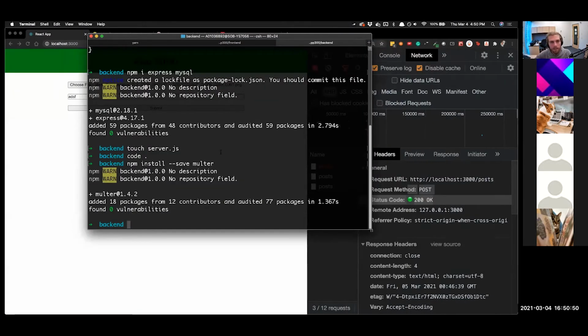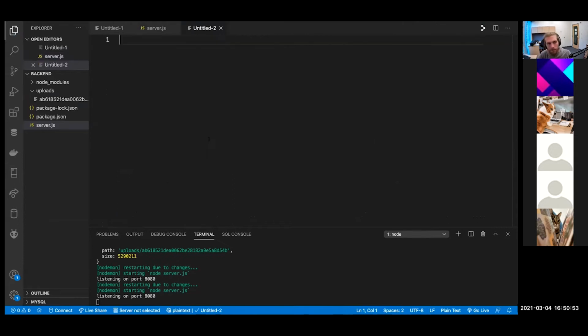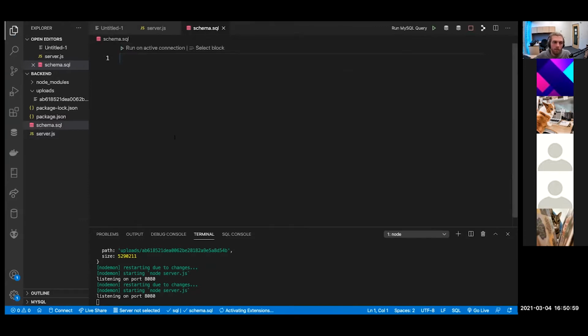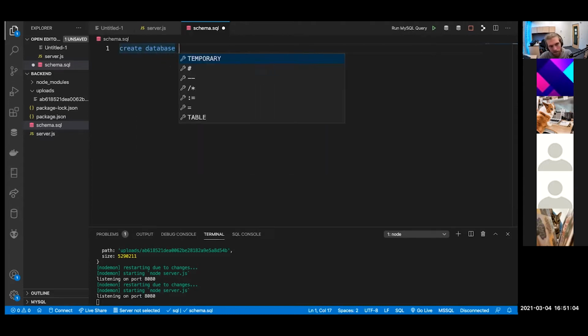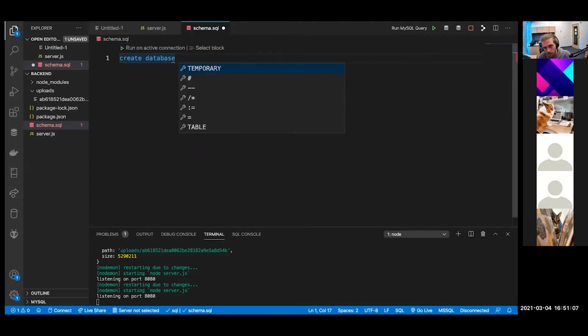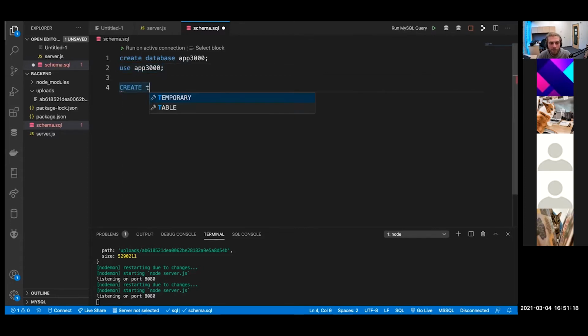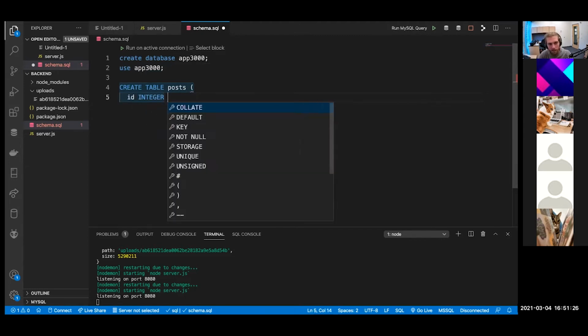So let's set up a database to store this information. I'm going to make a little schema.sql. I'm going to create a database. What's the name of the database? This doesn't really matter. App 3000. Use app 3000. Let's create. I guess we just have one table. This is a super simple thing. What's going to be posts? Yeah, why not? We need an ID that is an integer, that is the primary key, that is